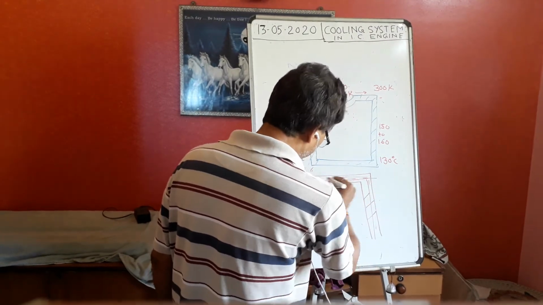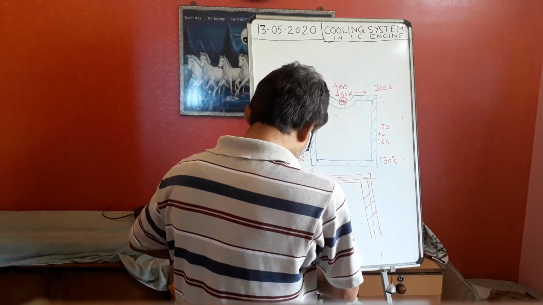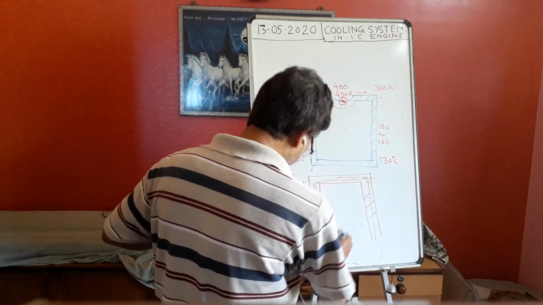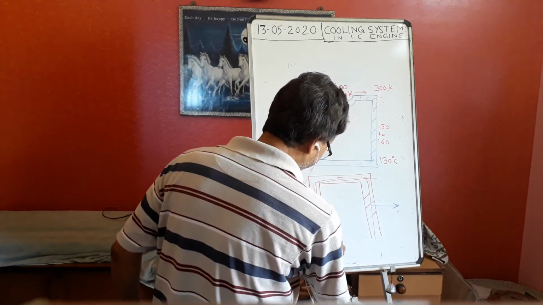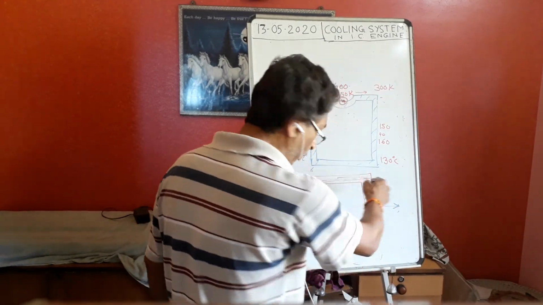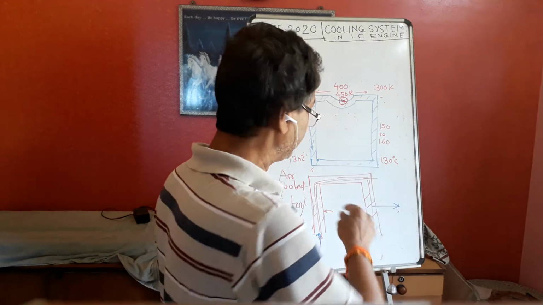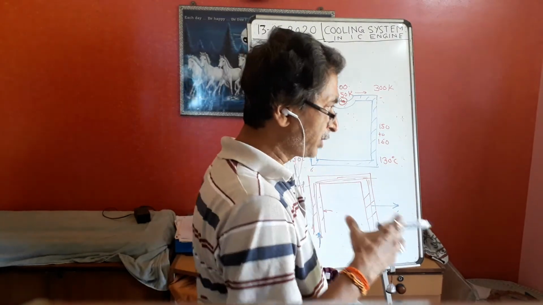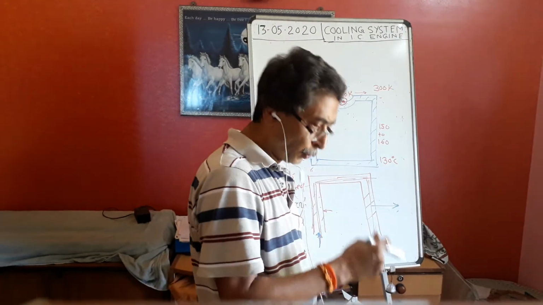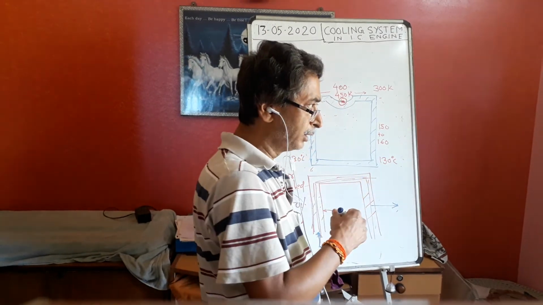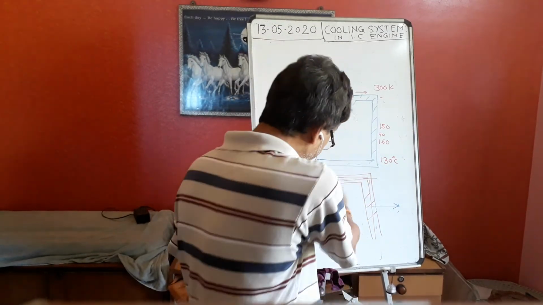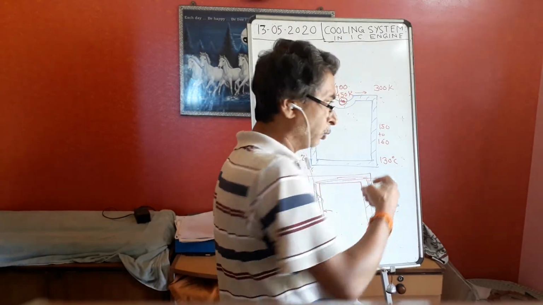Water is flowing through it and coming out. So this is the water inlet and this is the water outlet through the water jacket. You understand that inside the cylinder there is a provision of water jacketing through which the tubes are there, and through the tubes water or coolant is flowing. The function of this coolant is to take the heat from the cylinder and take it out.